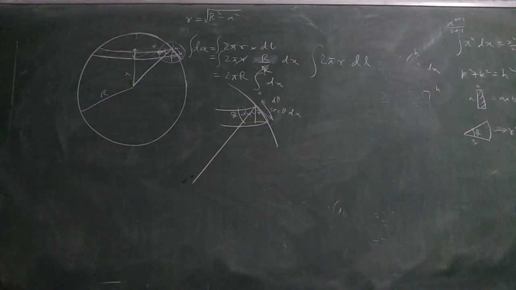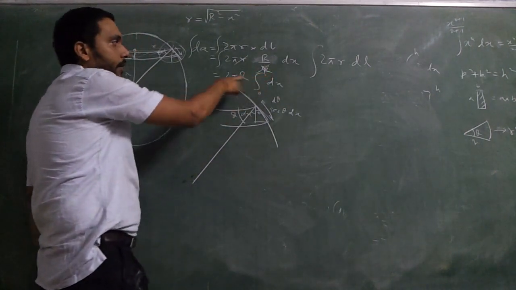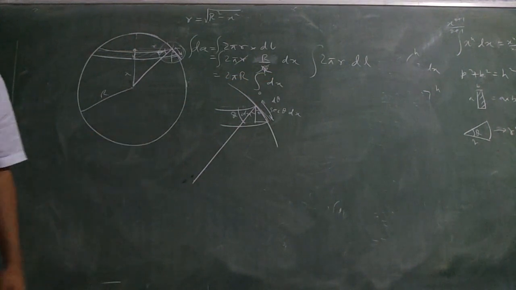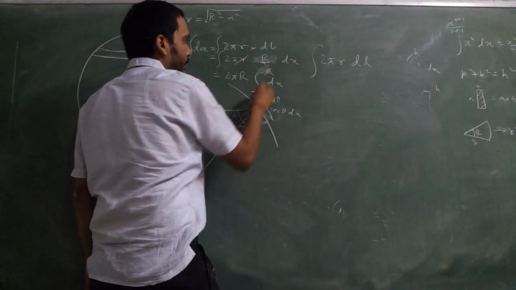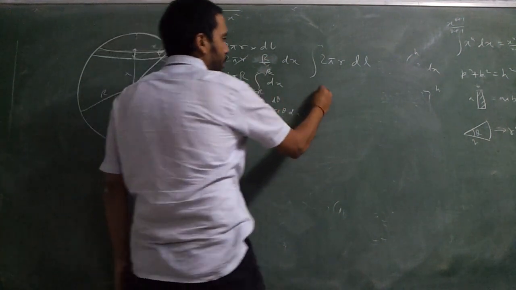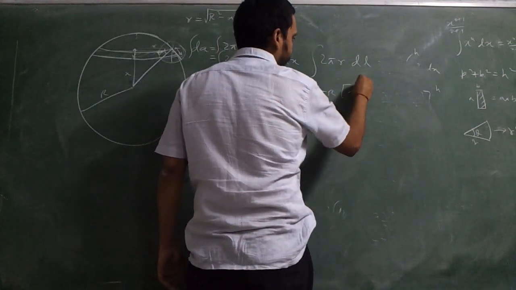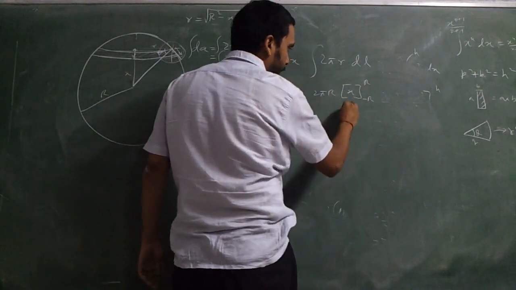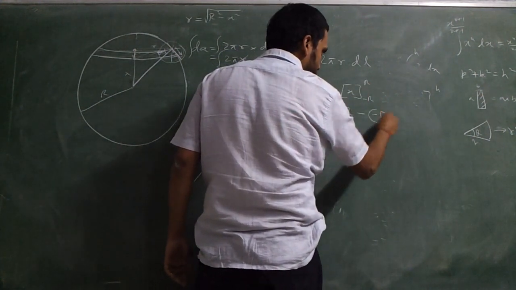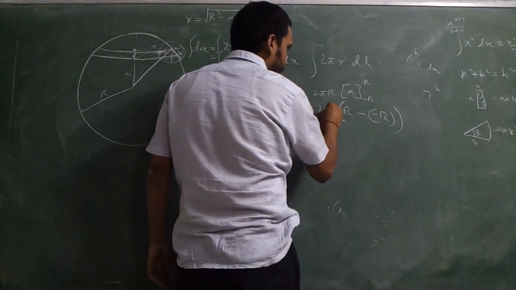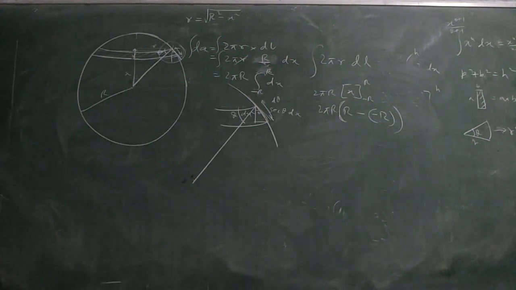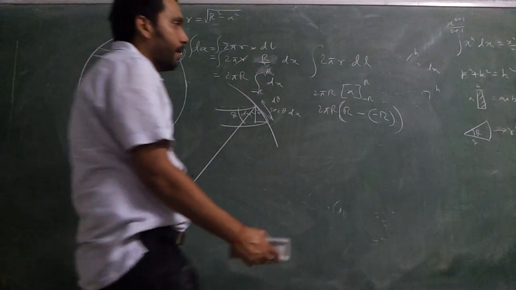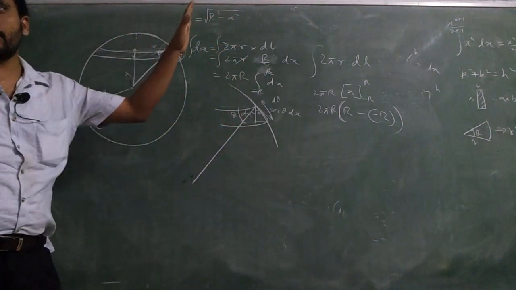Get the point? So if you do 0 to R, you get R over here and you get your 2 pi R square as hemisphere area. Or if you do from minus R to plus R, then it is 2 pi R, integration of dx is x from minus R to R, upper limit R minus lower limit minus R, it becomes R plus R, 2R, and it is 4 pi R square. Right? But the under root got cancelled luckily.